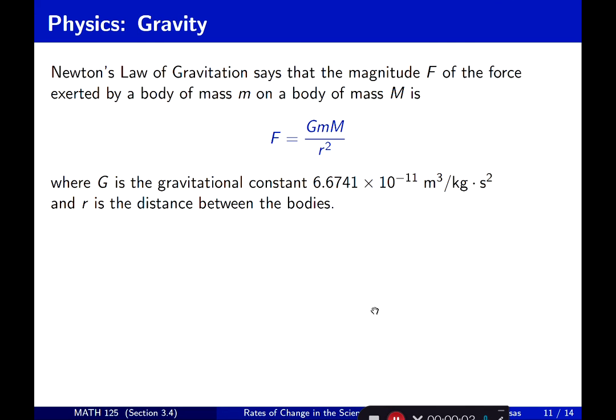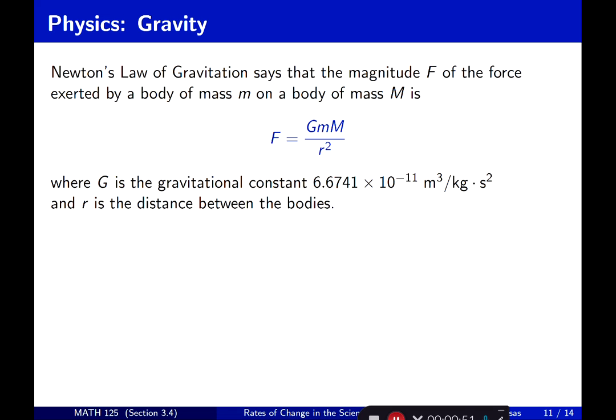We're continuing with section 3.4 and physics, gravity. Newton's law of gravitation says that the magnitude F of the force exerted by a body of mass m on a body of mass M, lowercase m and capital M, is F equals G times m times M divided by R squared, where G is the gravitational constant, 6.6741 times 10 to the power negative 11 cubic meters per kilogram times square seconds, and R is the distance